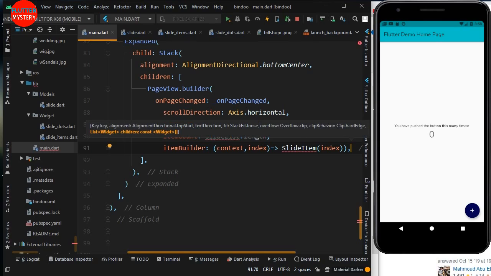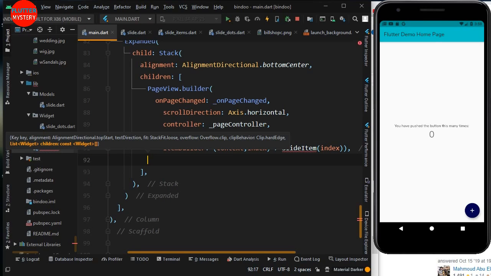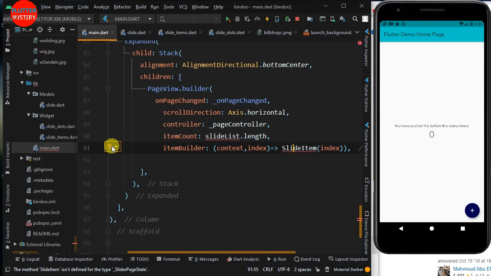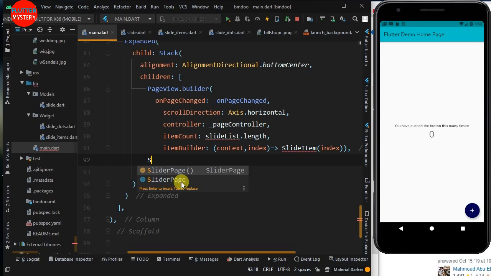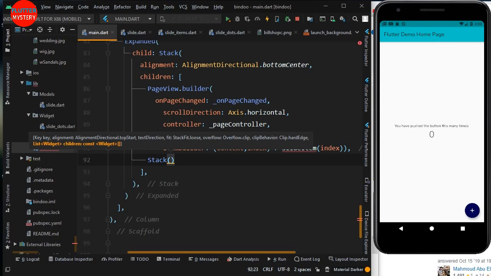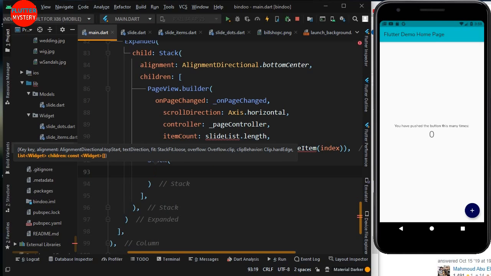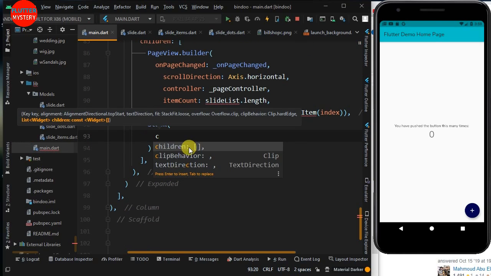Okay, so from here we will add a stack. This is also showing an error because we need to also import that. I don't know why Android Studio is not showing all those things, but maybe I left it on for some time, so now it's misbehaving, but we'll still deal with it. So let's create a stack here. All these things I have to type manually. Oh, it's okay. Stack, and in the stack we call children,